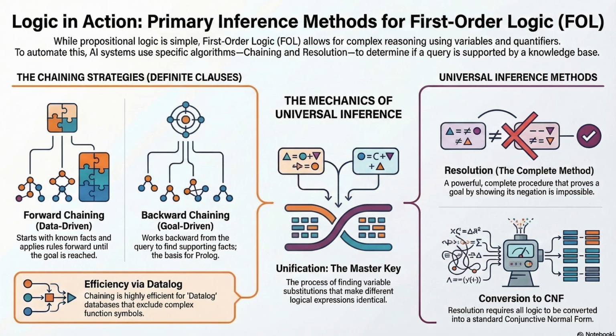Okay, so we have our tools. We have generalized modus ponens to lift our reasoning, and we have unification to match the variables. Now we need to put them into a strategy. The text outlines two main strategies, forward chaining and backward chaining. Let's start with forward chaining. The notes call this the reactive detective. Forward chaining is data-driven. You start with what you know, the literal facts on the ground, and you let those facts trigger rules to generate new facts. You keep doing this until you solve the mystery.